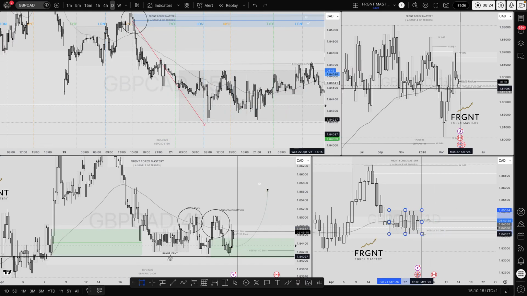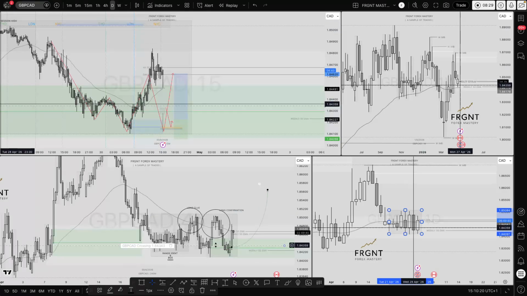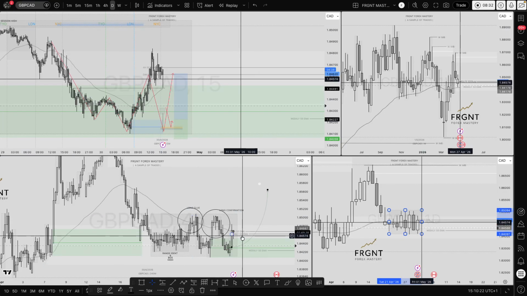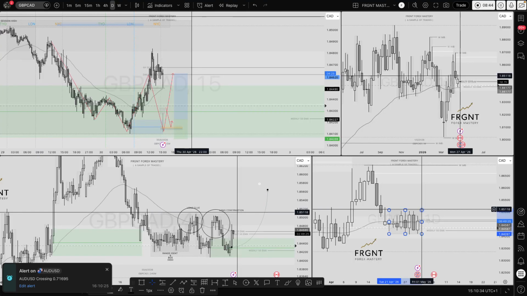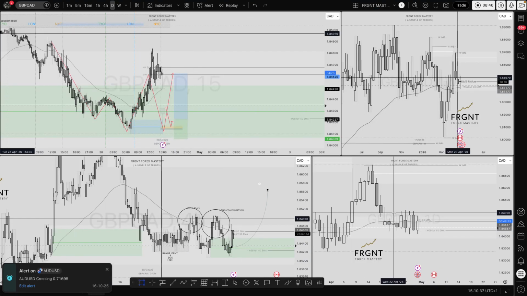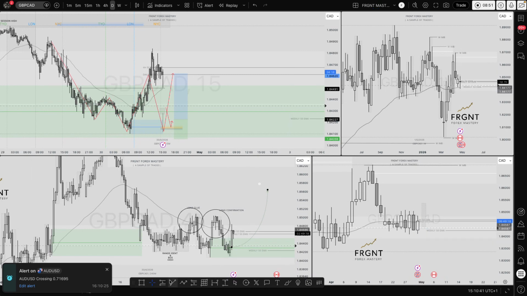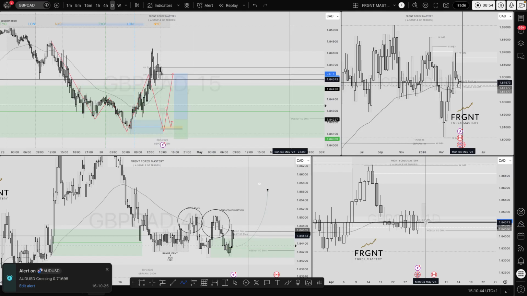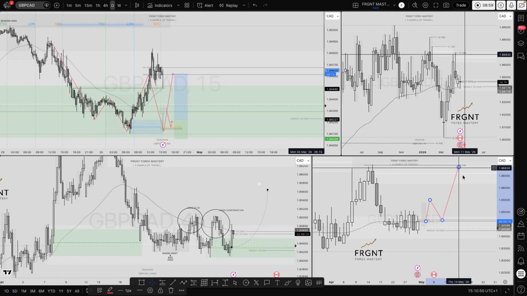Now, once we superimpose that range-bound market on all intervals, you can see here that actually we're simply still looking for clues on the lower time frame to then confirm our higher time frame bias. So, although we're looking for GU shorts, EU shorts, AU shorts, GCAD longs is potentially lining up. However, the best way to take this position, in my opinion, is wait for that bullish candle to close above that daily 50 EMA, and then we're in the same realms of what I've been explaining previously. Once you've got that close above, you're looking for price to then retest the EMA to take price higher. That would make absolute sense.